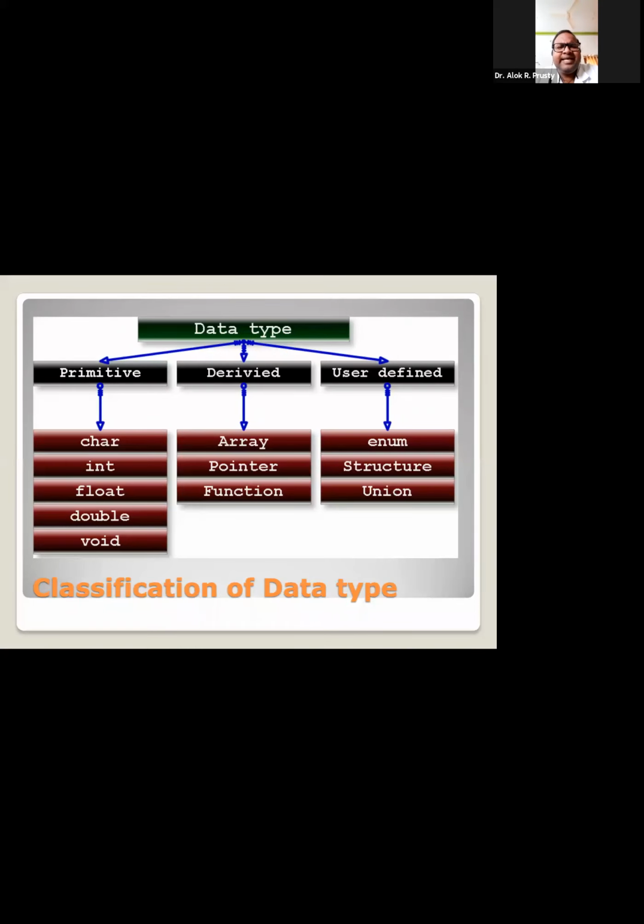So now the second thing is the derived data type, and the third thing is the user defined data type. In the derived data type category, we have three important concepts: array, pointer, and function. And in user defined data type, we have three other concepts: enum, structure, and union. If you see this particular slide, I can say that it is a total course. In a broad sense, it is the total course required for learning C language or the basic programming of C language. So first we will see about primitive data type.